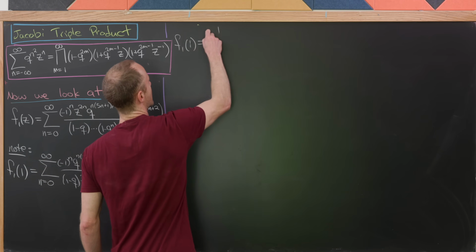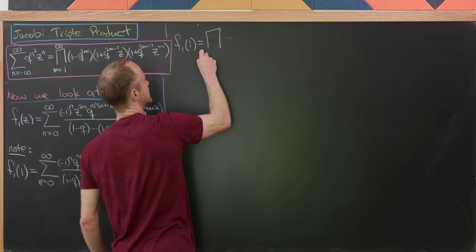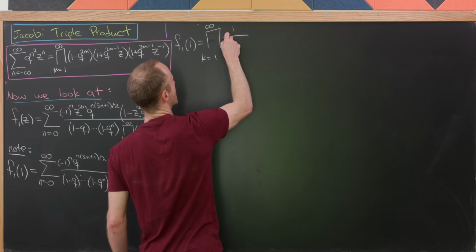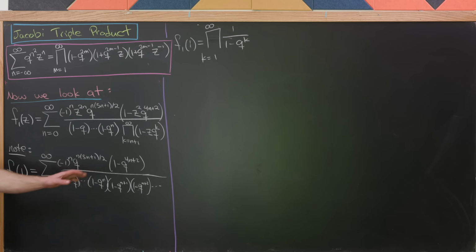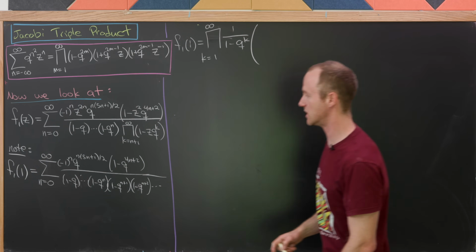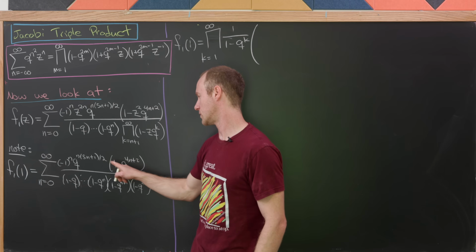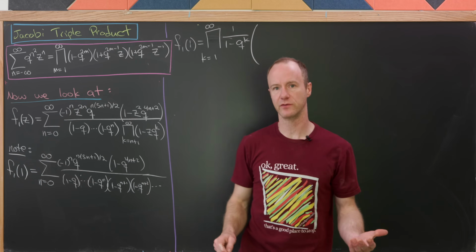So we've got f1 of 1 is, let's see, this product as k goes from 1 to infinity of 1 over 1 minus q to the k. Like I said, that's factoring out this denominator. And then I'm going to split this numerator part into two sums. One sum where you multiply this through to the number 1, and the other where you multiply through to the